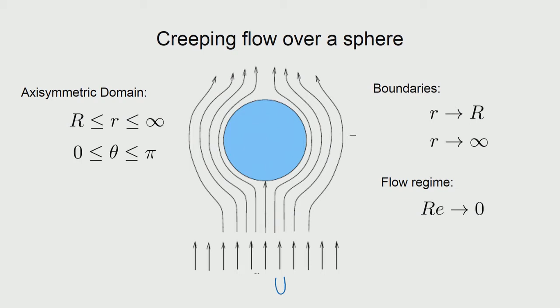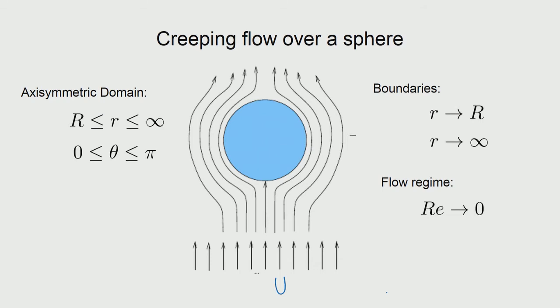Now, the domain has to be defined. As we have discussed in an earlier session about the domains, the domain in our case will be the entire space around the sphere, which means that in terms of the radius, if you take the radius of the sphere to be capital R, then small r above capital R, that is anything that is above the sphere, is a part of our domain, and theta is of course varying in the complete range, that is 0 to pi, which means that theta is going in this way, and r is going in that way. So, the entire range of theta is a part of our domain.